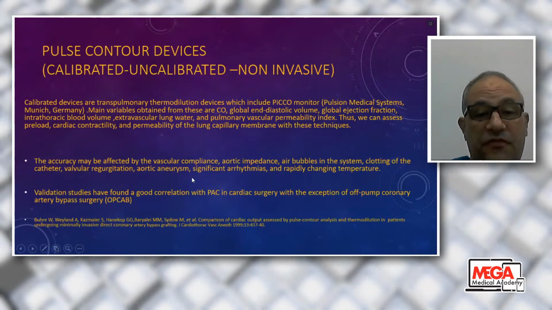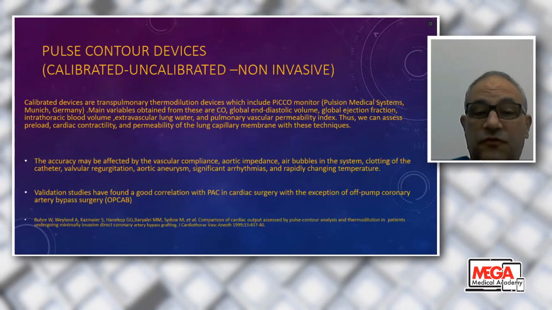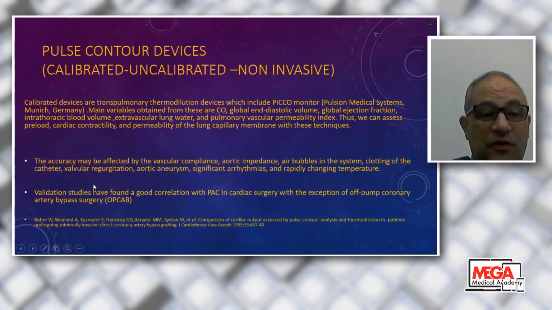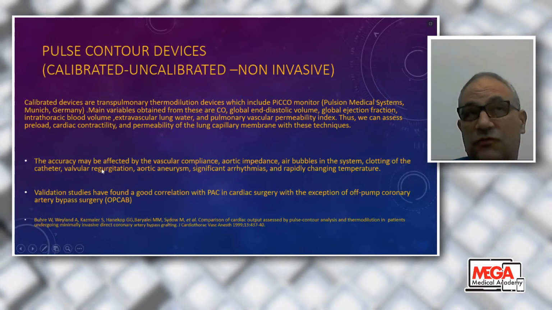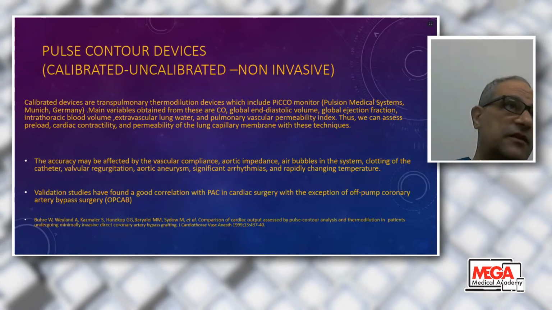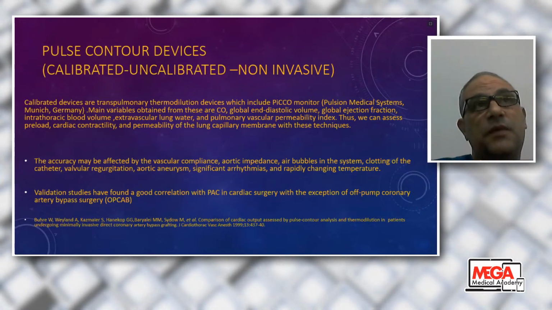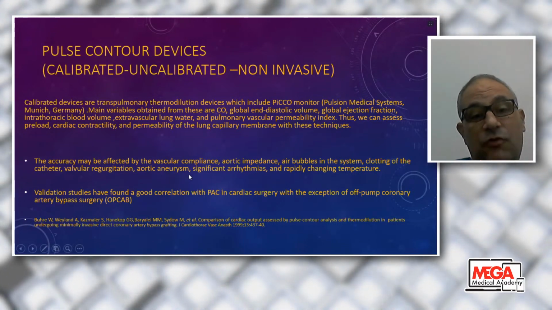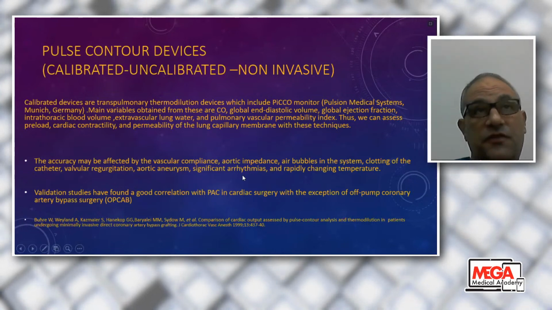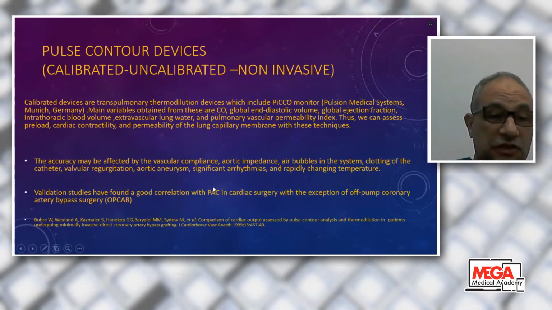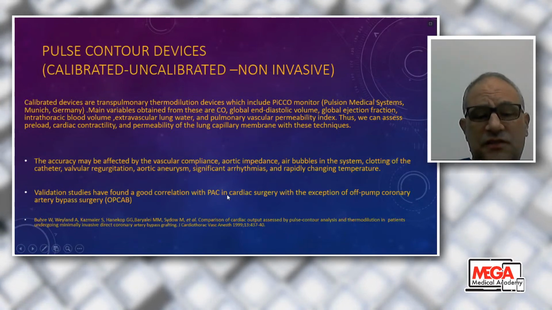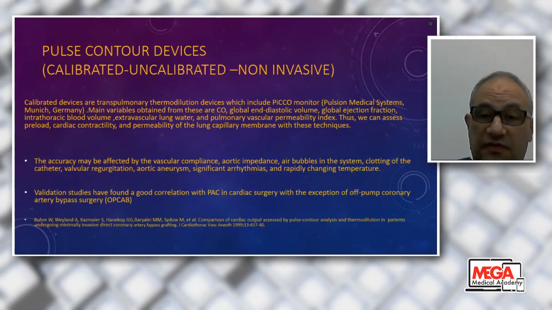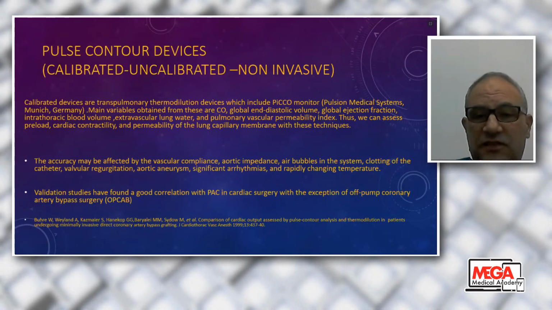However, accuracy of PICO may be affected by vascular compliance, use of large doses of vasopressors, aortic impedance, air bubbles in the system, clotting of the catheter, and valvular regurgitation, which is a major issue because these are critically ill patients who need hemodynamic monitors. So my hemodynamic monitor will not be accurate in this situation. Aortic aneurysm, significant arrhythmias, which are very common in cardiac surgery, and rapidly changing temperature also affect it. Many validation studies were done for PICO against the pulmonary artery catheter, and it was fine with the exception of off-pump